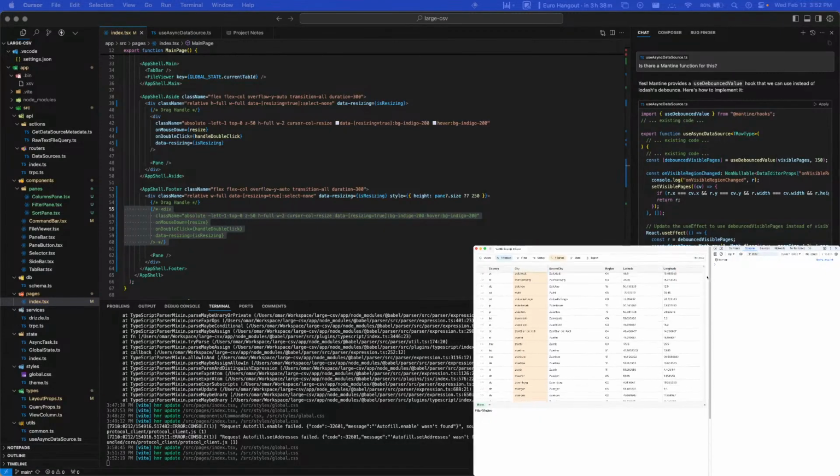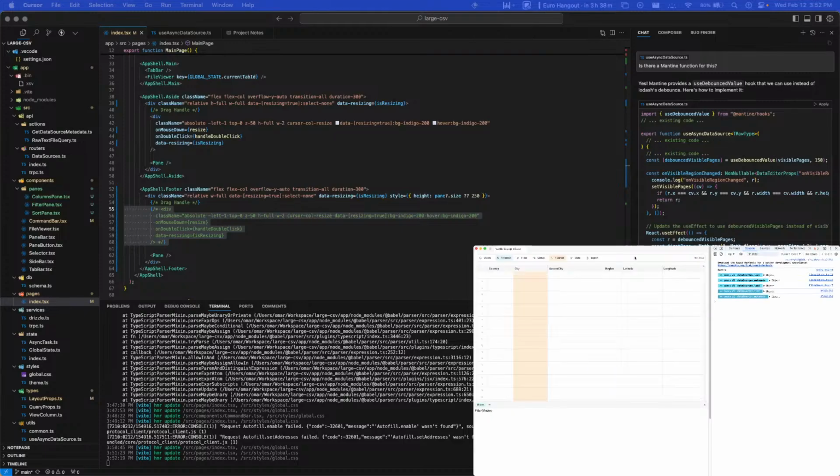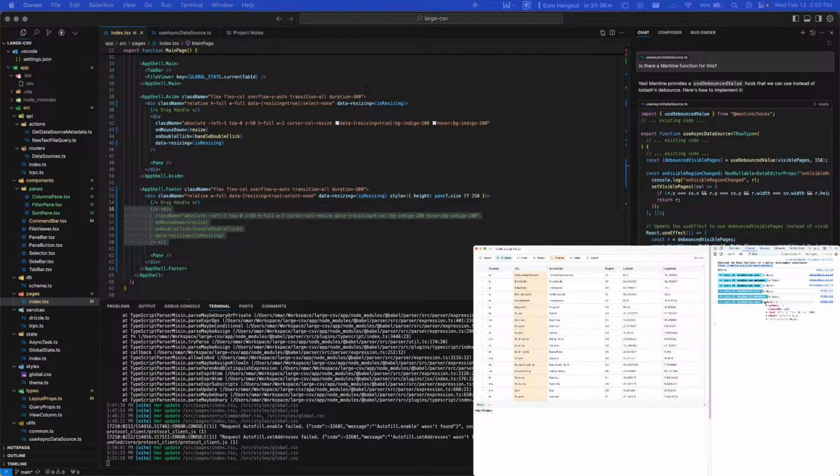So, okay, so let's refresh. Start from scratch. This takes forever. Like, how long is this? 2 seconds. Yeah, not great. Not great. Okay. So for filters,